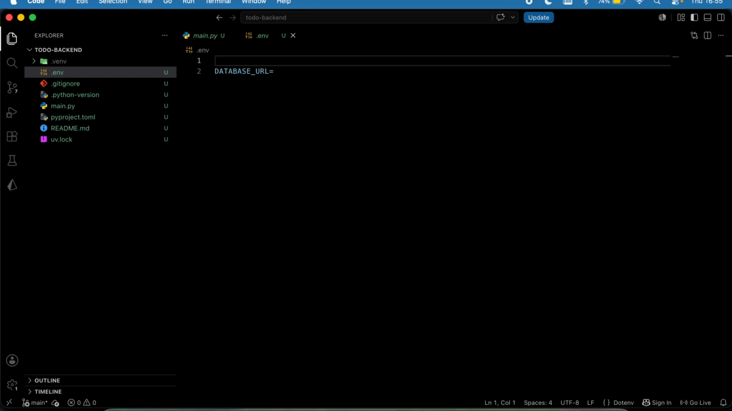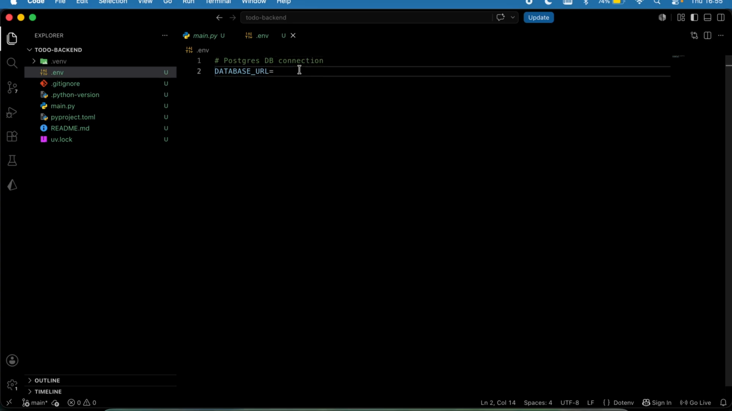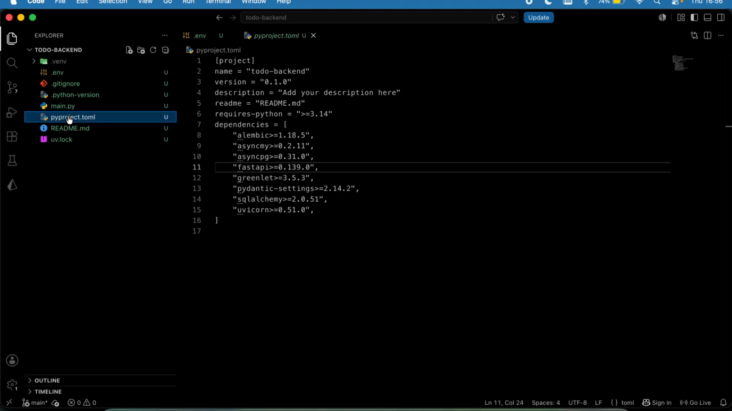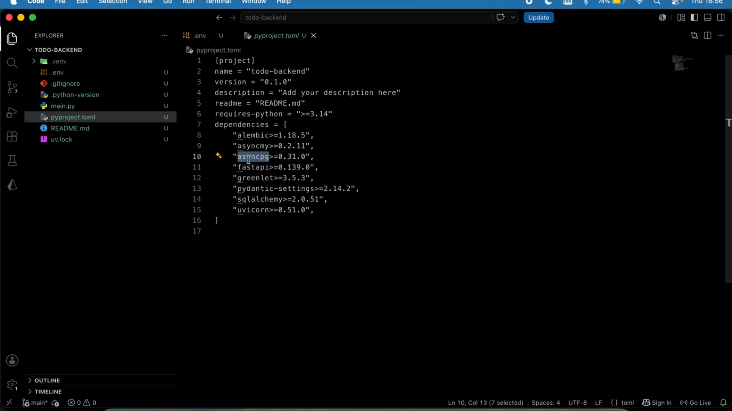say Postgres DB connection. That's going to be PostgreSQL, then plus asyncpg. If you are surprised where this is coming from, you can go back to your library, to your dependency, so to say, and you can see there is this asyncpg, asynchronous Postgres. This is going to help us to connect to our Postgres,